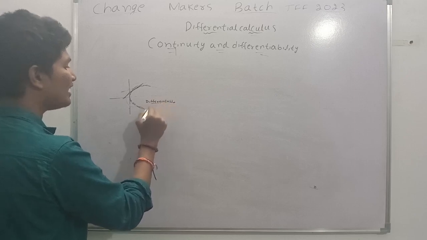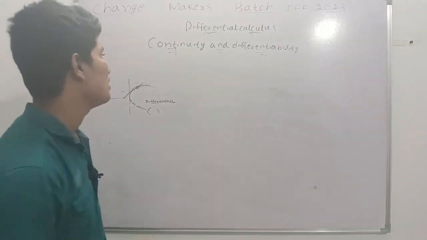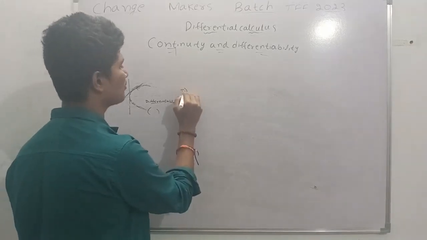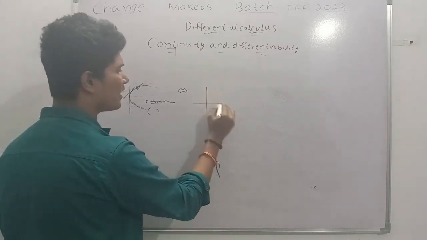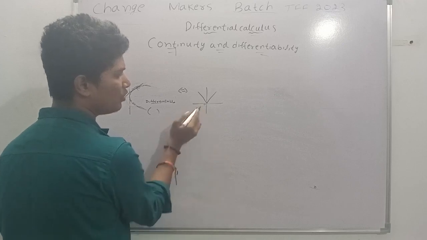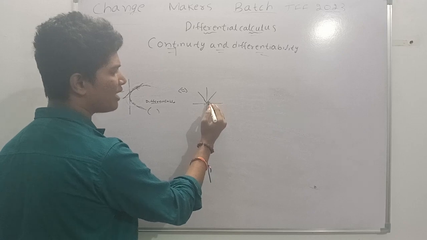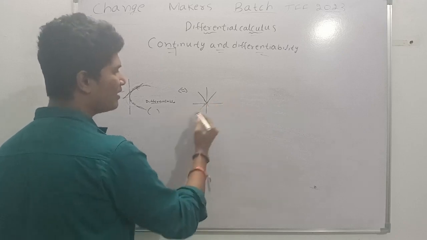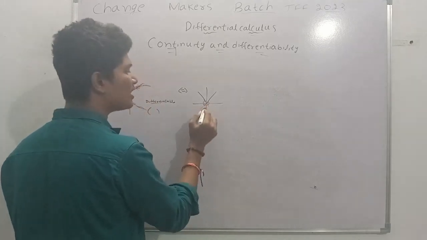Differentiable curve, and we can differentiate and we can find the slope at this point. Understand? And also, suppose we take the mod x curve. If we observe at the point 0, there is a tangent like this, and if we observe at point 0 again from this side, there is a tangent like this. So at a single point there exist two tangents,